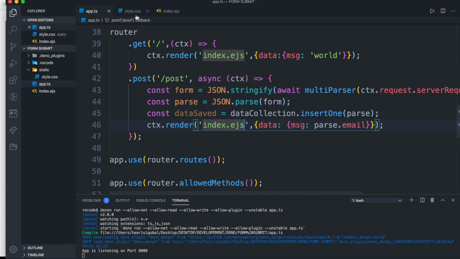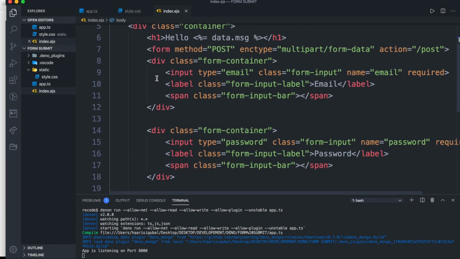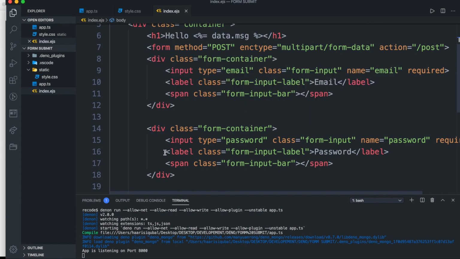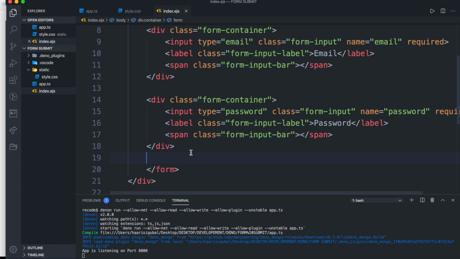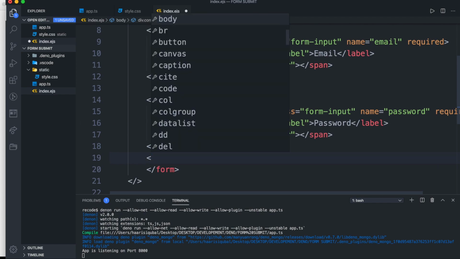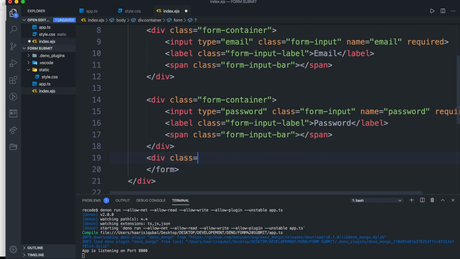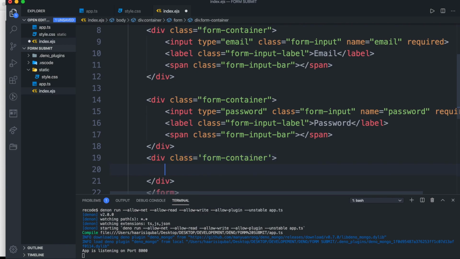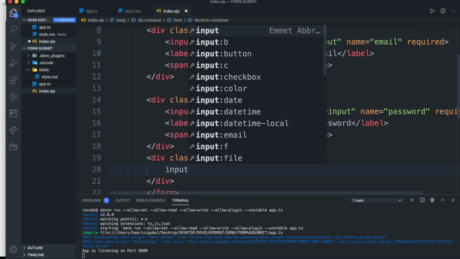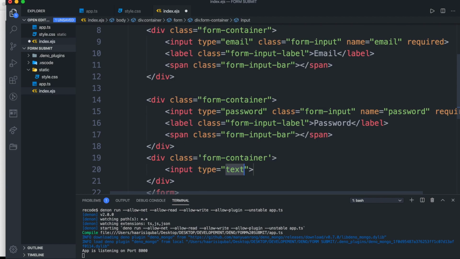So inside our index.ejs, we are going to add a button, as an input tag, which is going to be of type submit.